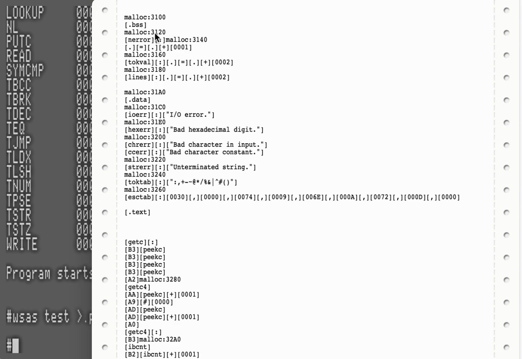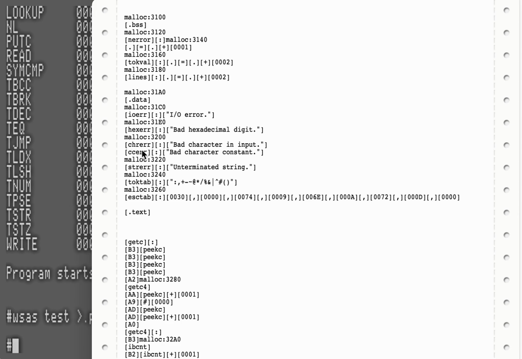And it thinks that in error is a symbol, and it's allocating for that, which is fine. It's allocating for dot, which it probably shouldn't do because that's going to be special. It's allocating for lines, for dot data, which also should be a keyword. It's allocating for IO error, for hex error,